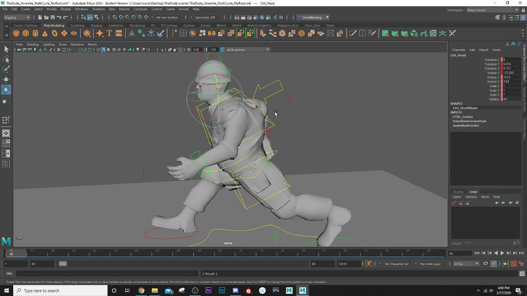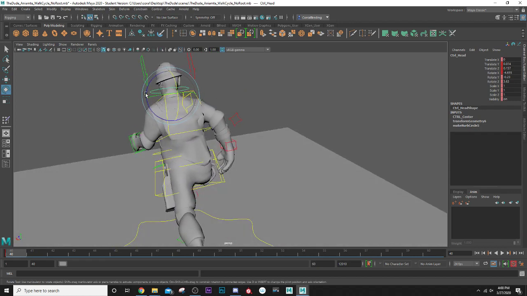Looks like I'm getting a little bit of deformation going on in the back. I'll have to go ahead and fix the weight on that. It's not that big of a deal, but I am noticing it. So I want to go ahead and make sure I fix it. Let's see here. I might want to also